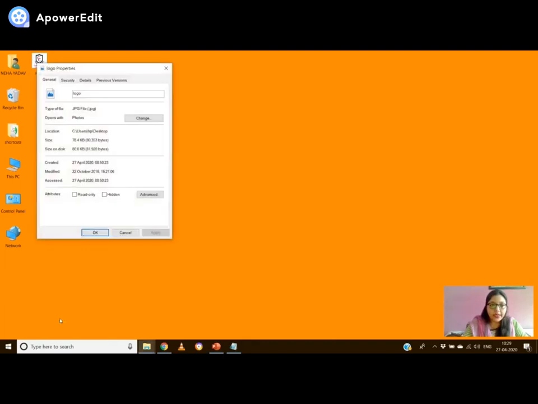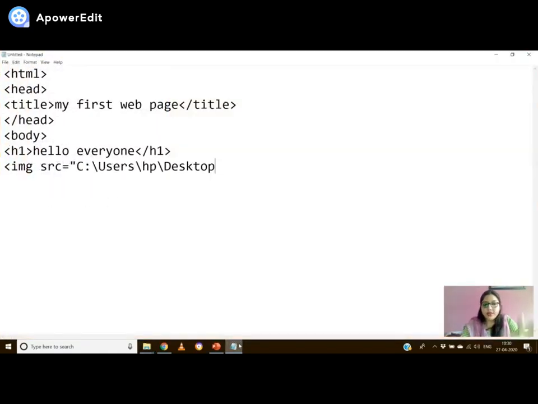Then I'll go to properties, and even if this image or any other image is saved in your computer, any other drive, any other folder, you just have to right click on it and then go to properties like I have done here, right? Then this location, which I'm highlighting here, you have to press Ctrl plus C, come here, Ctrl plus V, that is pasting.